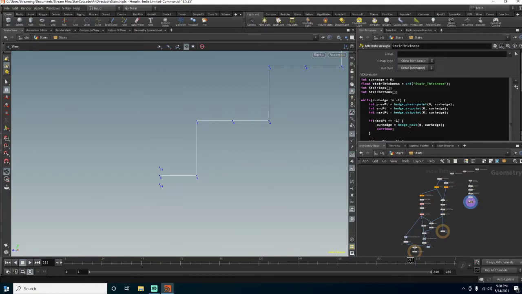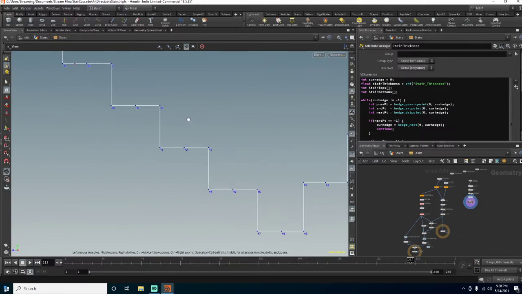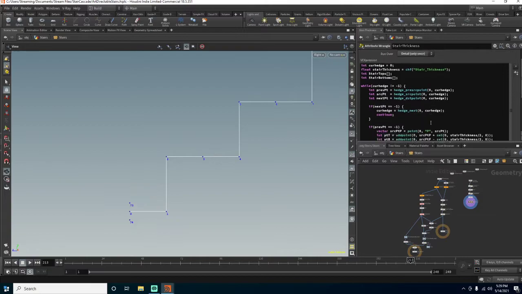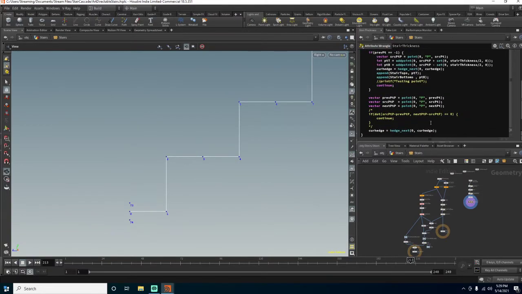And I realized that I need to worry about it going this way on these stairs and this way on these stairs. So I realized that if I did the cross product of the lines that are connected to these half edges, I could figure out which direction things are going. So, like, if I do,